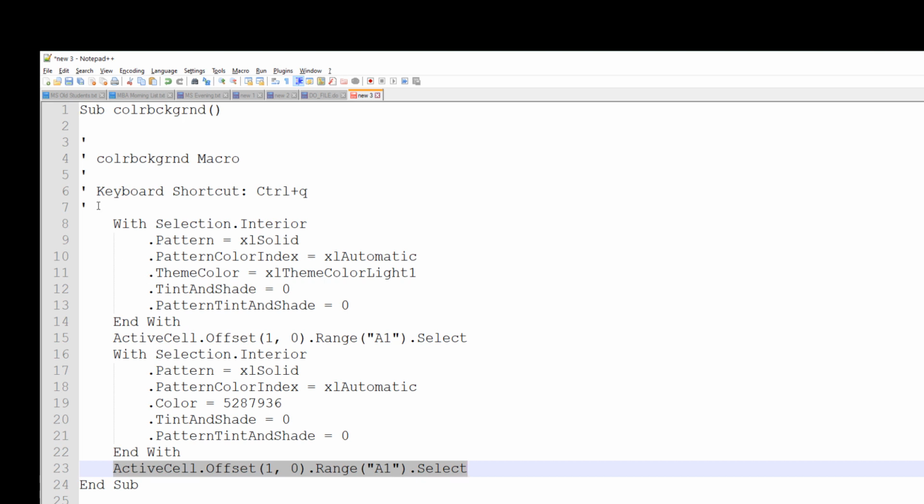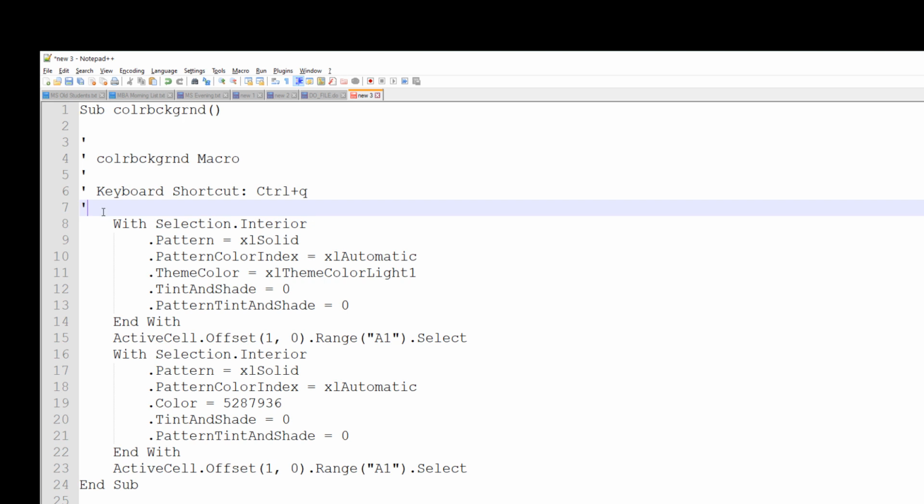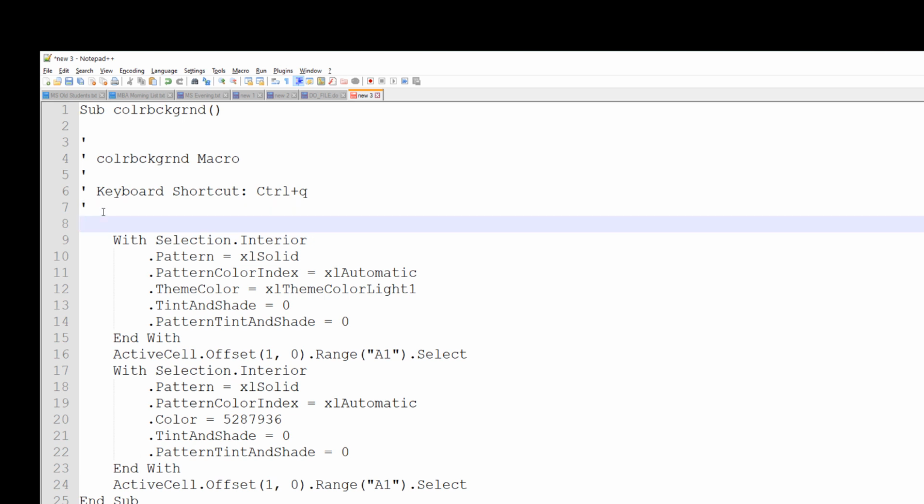Okay, now what do we want to do with this code? What I want to do is to repeat the application of this code for 1000 cells. So we shall use a for loop. Remember the for loop in the Python environment? Something like that is also available in any language. So the for loop in the Visual Basic environment has a structure of this: for, and then you define the variable. The variable can be anything.